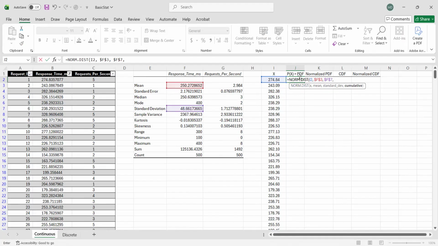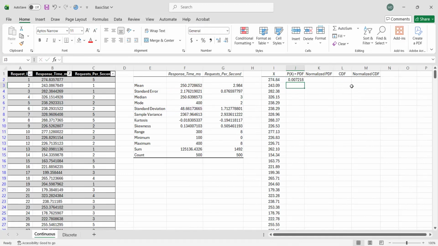Since we are looking for the PDF, then we choose false. Or I think it should be PMF, probability mass function. Okay, so once I enter, we already have the corresponding PMF or PDF for our first observation.